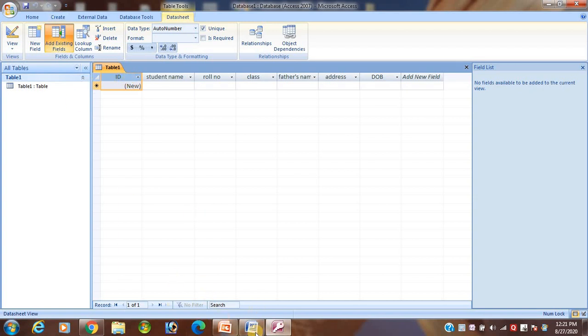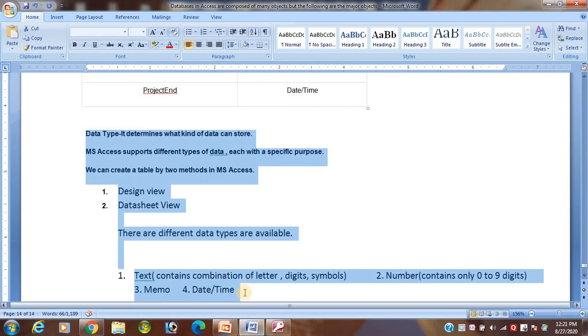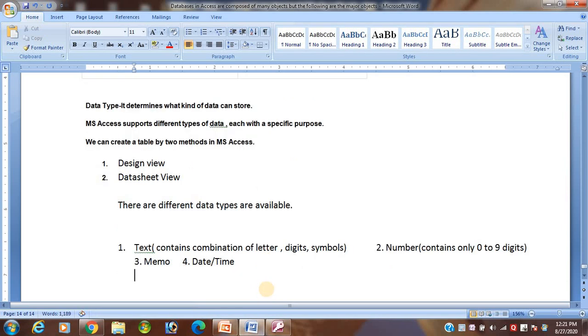Now come to the student, the primary key concept is here. We'll discuss now what is primary key. Okay student, primary key. Student, primary key is a unique key.